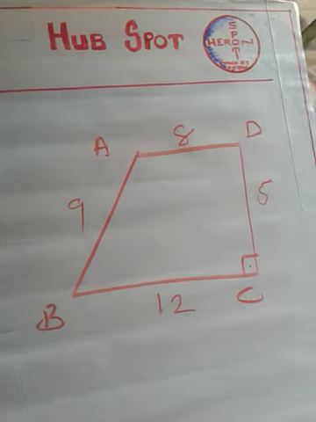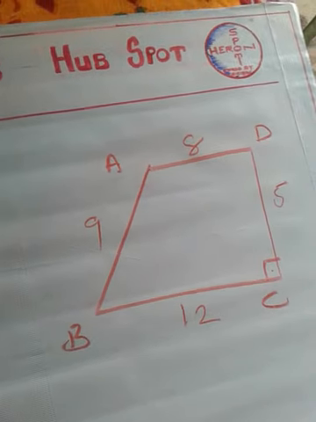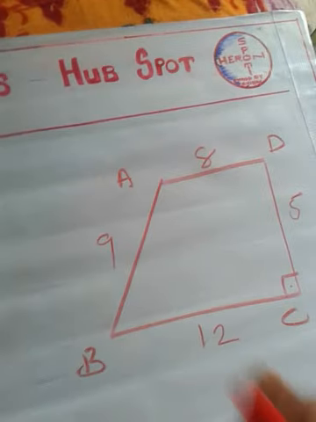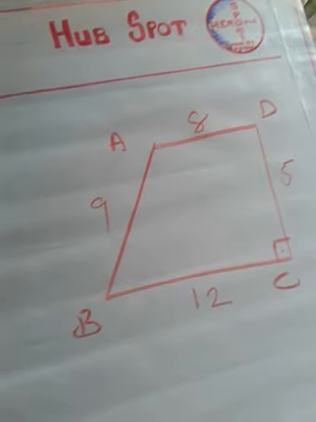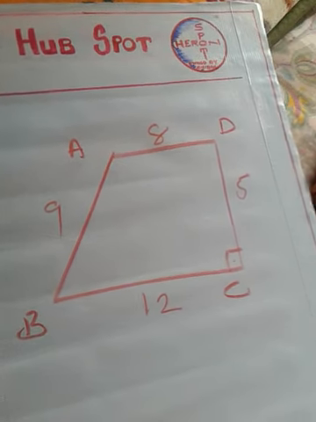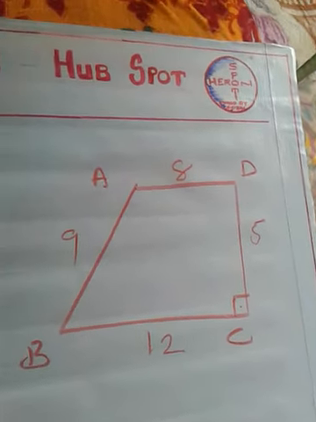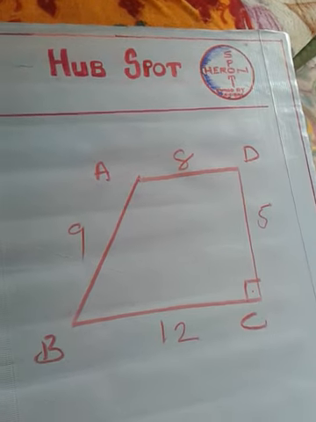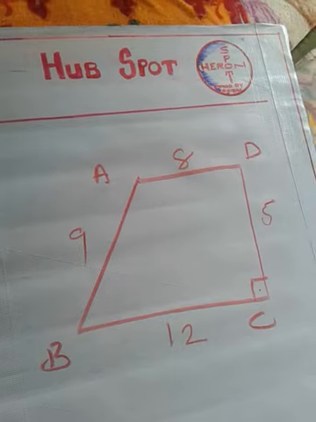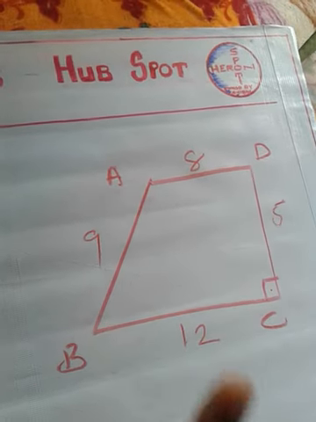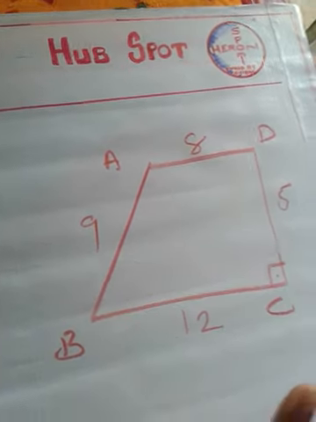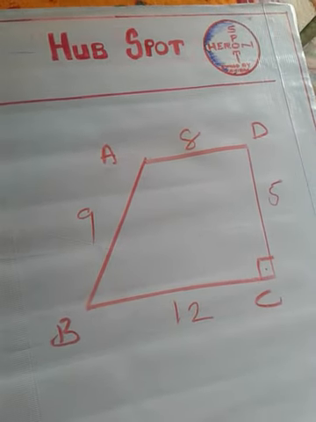Can you consider it as a rectangle? No, this is not a rectangle. Why? In a rectangle, opposite sides should be equal, but here opposite sides are not equal. We also cannot consider it a parallelogram, rhombus, kite or anything like that, because that would have to be given in the question. Nothing is given, so we cannot assume anything. So how can we calculate the area?